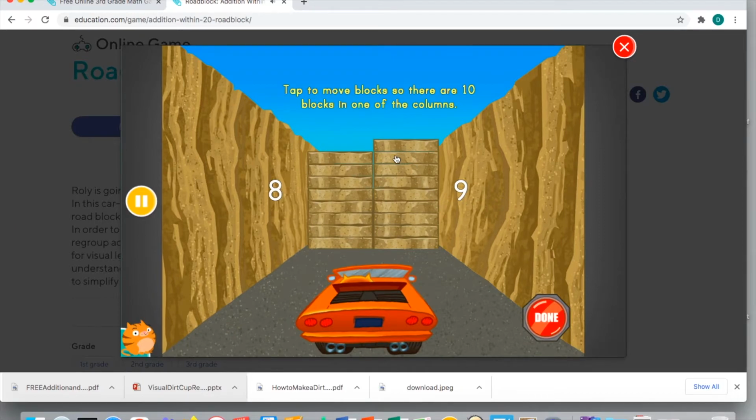So you'll see here we want to just double click on a block to move it. And what I like is it doesn't rush you through. You have to click on done before you move on to the next step. And I like that a lot, because if we're working with our students and you're modeling for them, if you